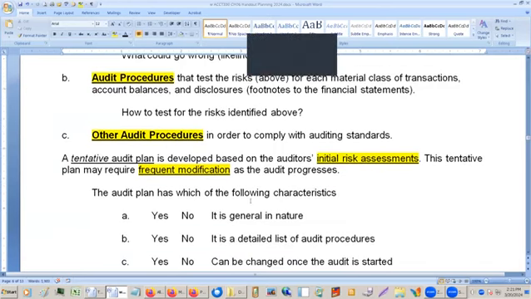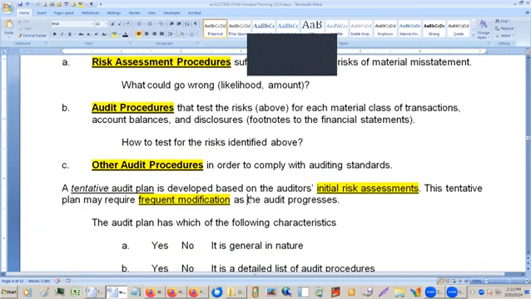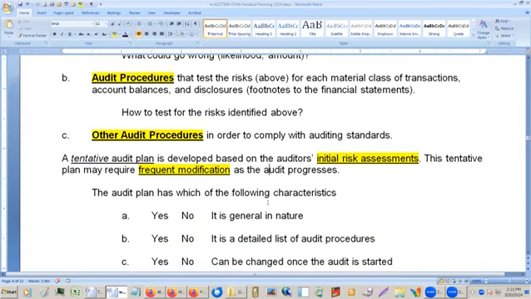On the other hand, there might be other things that pop up, where did this come from? We've got to look into that. So an audit plan is not set in stone, and it will alter based on what you find. If you find problems, you're going to look more into it. On the other hand, if you come up with things that are not a problem, you're not going to waste a lot of time on those, because just to follow the audit plan for things that are not a risk would be a waste of time and clients' money. Okay, so they will modify it as it goes on.